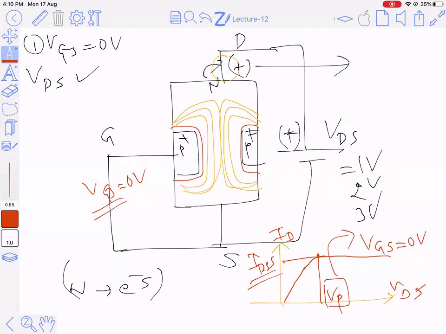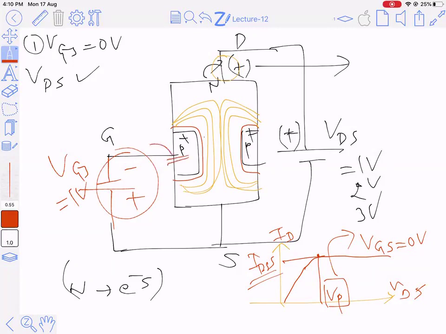Right? What is the next case we saw? Next case we saw what happens when VGS has a negative value. So when you are applying VGS, say now 1 volt, it is negative, so it is as good as -1. So when you are applying VGS as -1, see you have connected P terminal of the PN junction to the negative. So P is connected to negative, you're more reverse biasing the PN junction initially.